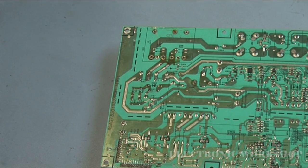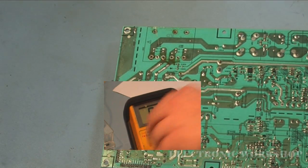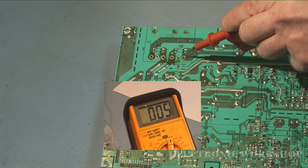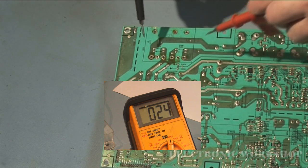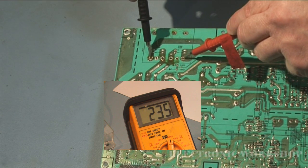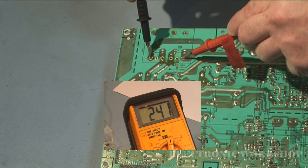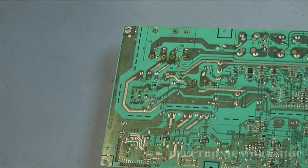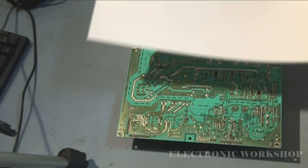I'll do a few live checks. Plugged in. Turn my meter to AC. What I'm going to do is check between here and here. I should have around 240 volts. Okay, as you can see, there's 241, so we don't have any problem. Just plug this out first. So we don't have any problem in the circuit